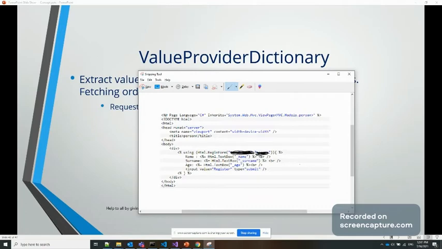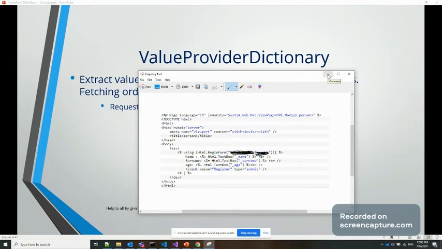And if you see here the name, surname and age, and the submit button, when we do the submit, the whole page is submitted to the server side, and there you can see _name and _surname. If our model class has two or three properties with the same names that we are giving as text box names, _name, _surname and _age, then it will automatically get through this value provider dictionary.